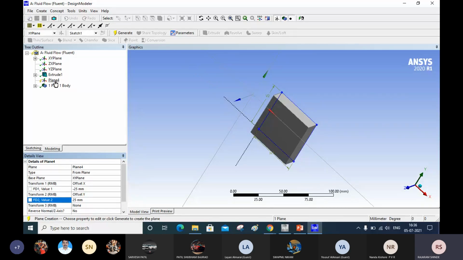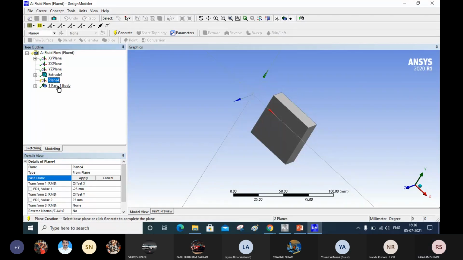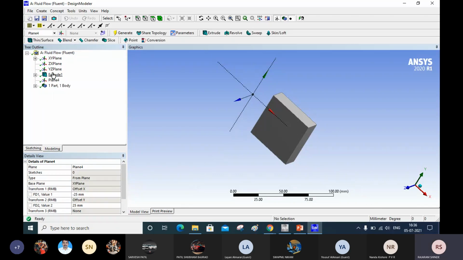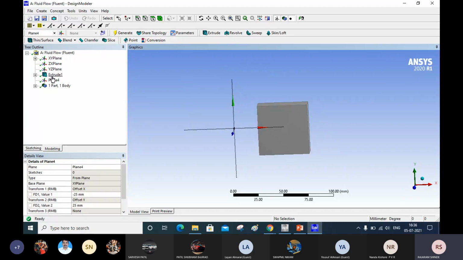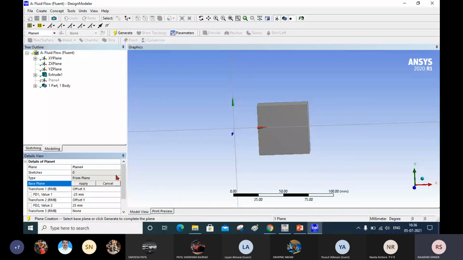I need to change the top plane, and here in place of xy, I am going to select. Okay, I will right click here. I will generate first. Here you will get this plane at this location, but I don't want at this location. I want at this location. So I will edit it, edit selection.